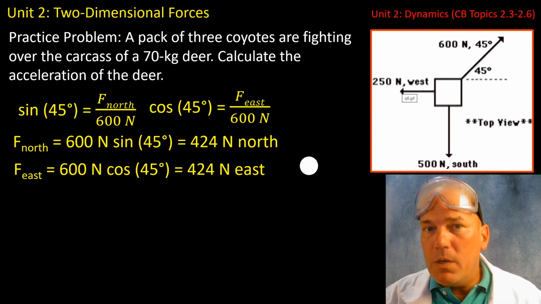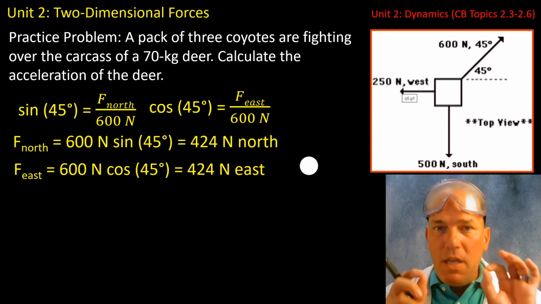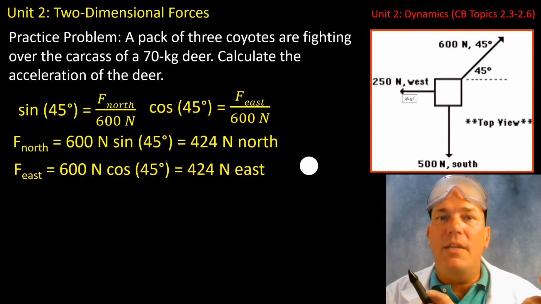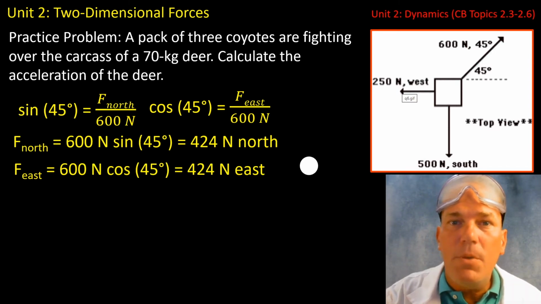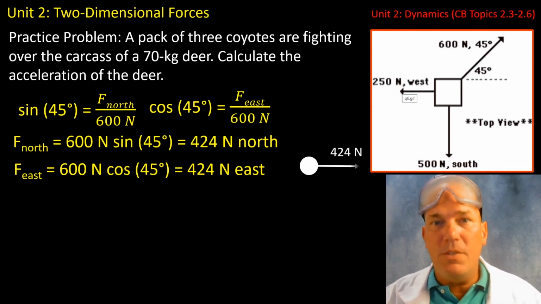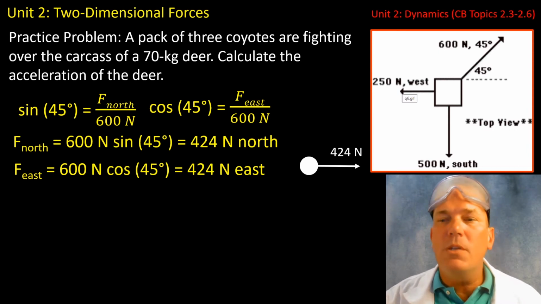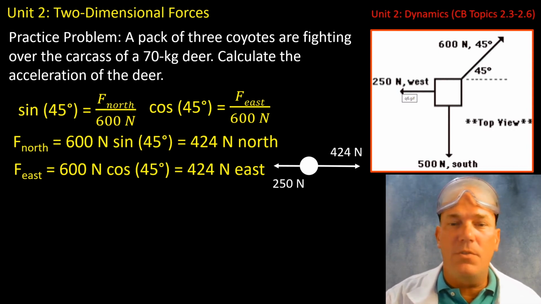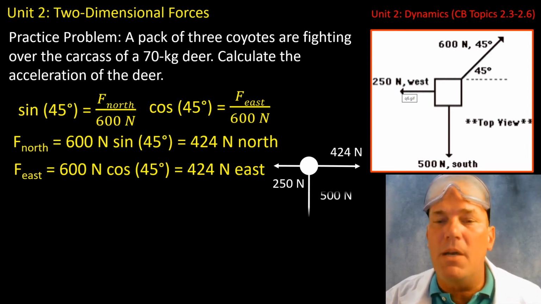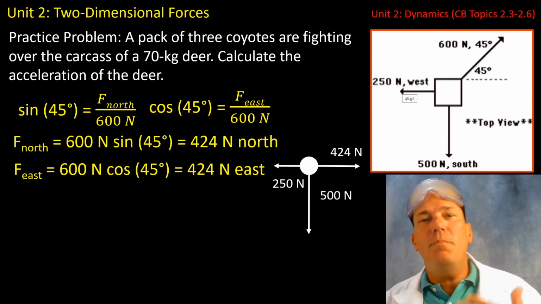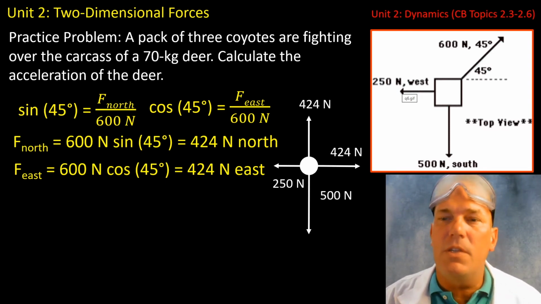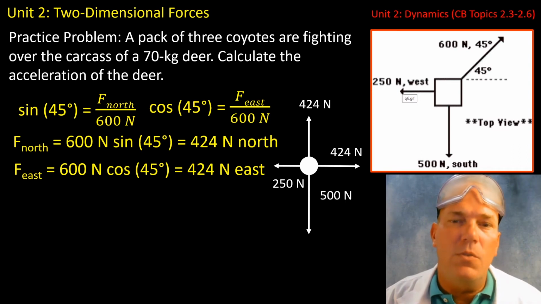Now remember, when you're working out problems, you need to be very aware of whether it's asking you to draw a free body diagram that is not resolved into its components or one that is resolved into its components. This one is resolved. So we have our eastward component that we resolved using trigonometry. We have our westward component from the schematic above. We have our southward component, and again, we have the remainder of our resolved 600 newton component, which is 424